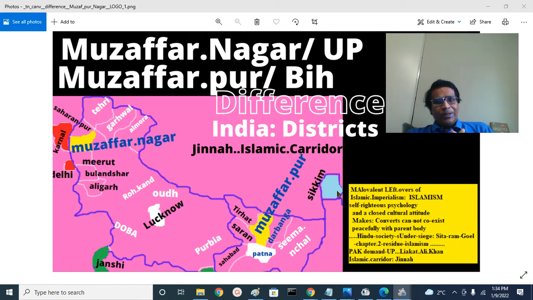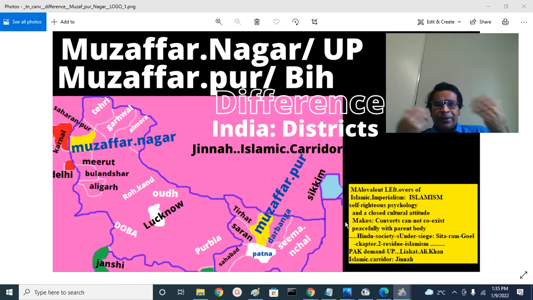This reflects overall the subversion of Bharat by Islamic imperialism, Jinnah's demand at partition time for an Islamic corridor that goes from West Punjab, Paschim Punjab, to Purbi Bengal, East Bengal. Also it will give you a broader context of Islamic imperialism that invaded India: Ghaznavis, Ghoris, Mughals and Durranis.